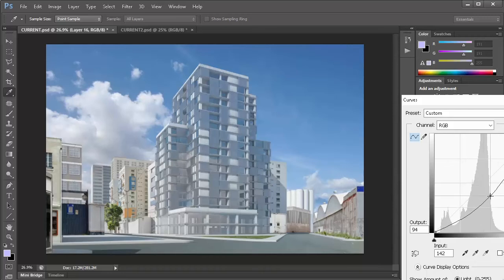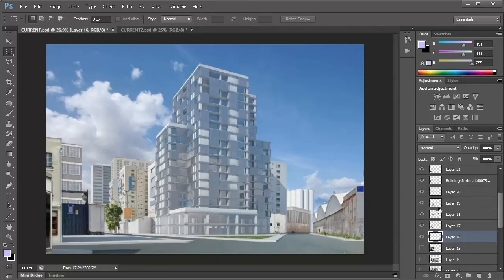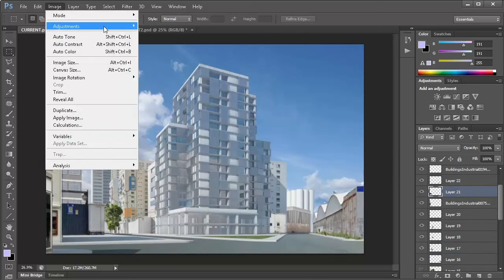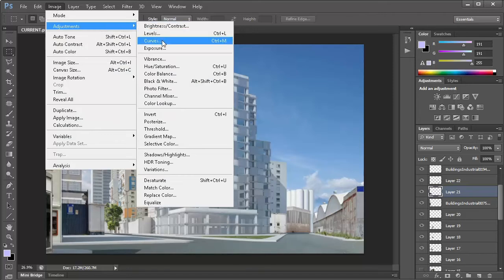So this was a bit dark. Just going to make it a bit lighter so that it matches the rest of the scene. And what else? That one is a bit dark. So let's do this.